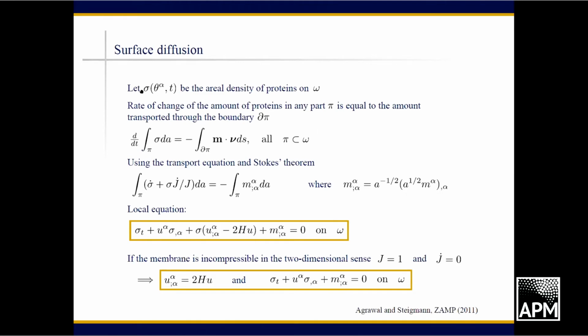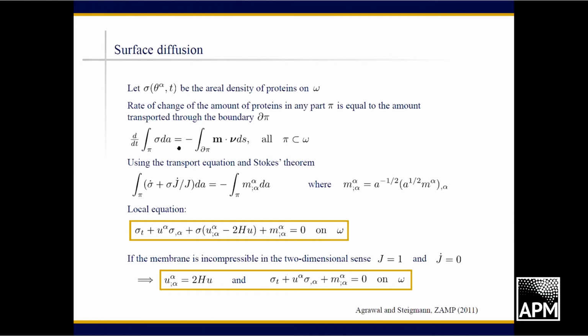So we'll suppose that sigma here is not the wetting energy, but I'll use the same notation to denote an areal density of proteins, a number density of proteins, number of proteins per unit area of surface. And for example, then the rate of change of the number of proteins in a patch of the surface will be balanced by a diffusive flux vector through the boundary of the surface. I could add a source term coming from the bulk, but that's an easy thing to do, and so I